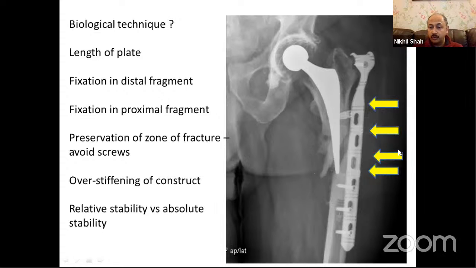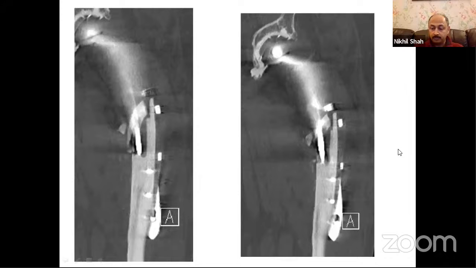And the central zone has been violated by the use of these radiolucent bands, something like a Parham band or a Partridge band or that sort of stuff. The construct is neither overstiff, but in fact it's quite unstable. And so that's going to fail. And he came during the COVID crisis.